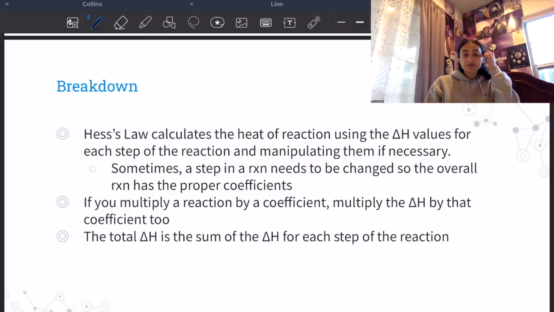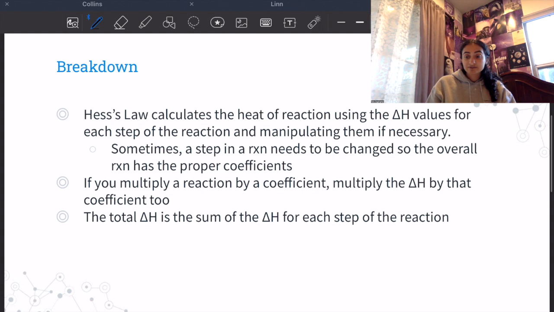All right, so I'm first going to do a breakdown on what Hess's law is, and then we're going to get into some example problems and put these skills to use. So Hess's law calculates the heat of reaction using determined delta H values for each step of the reaction. And we know how to calculate delta H from the heat of formation, from the bond energy. So those methods for each step of a reaction can be used to calculate the overall delta H for the